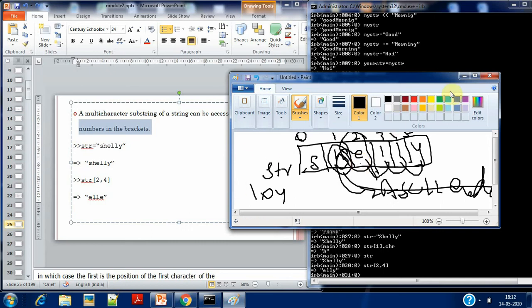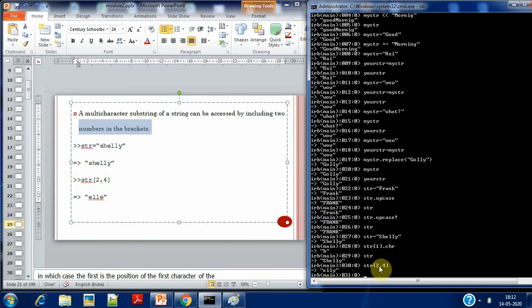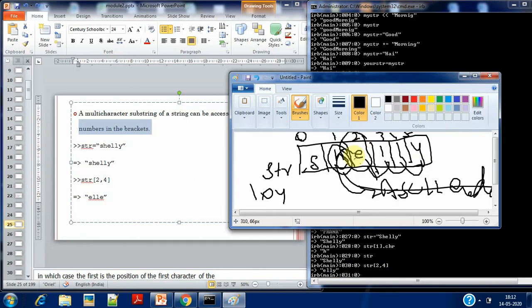So here you have given 2 comma 4. In Shelly, 2 is representing the index position. In index position 2 what you have is E. From E, 4 is how many characters you want: 1, 2, 3, 4.